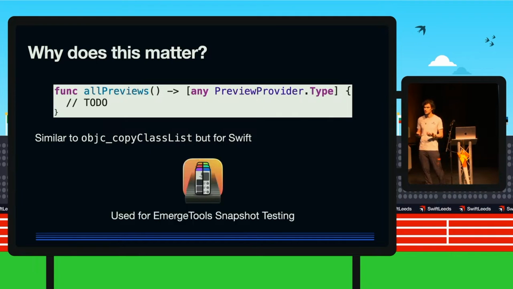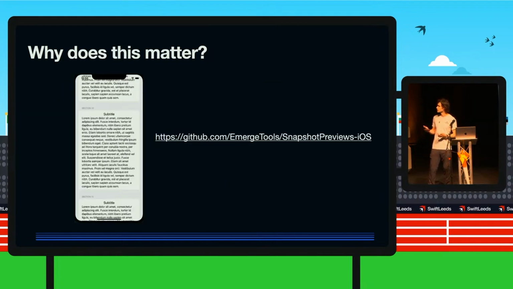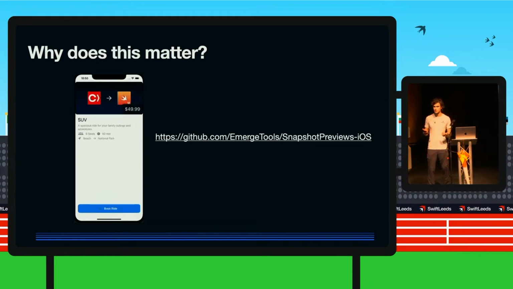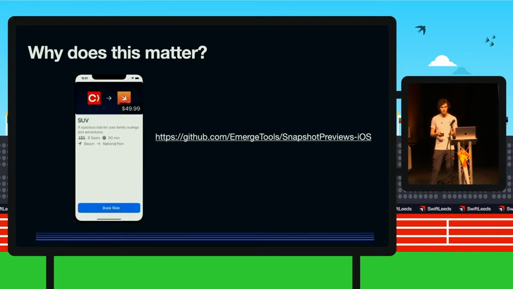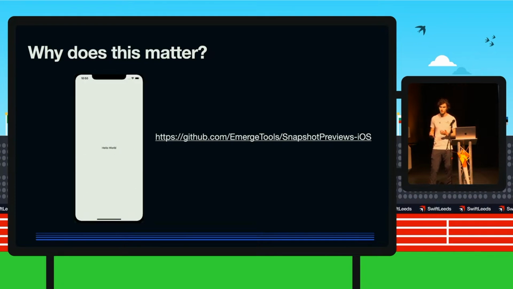And that's how I built this snapshot testing product that my company also has, that basically looks like this. It can find all the previews in the binary and just render them on the screen and save them to an image. And this is all open sourced also, so if you're interested in how to use this knowledge about how protocols are laid out in the binary,